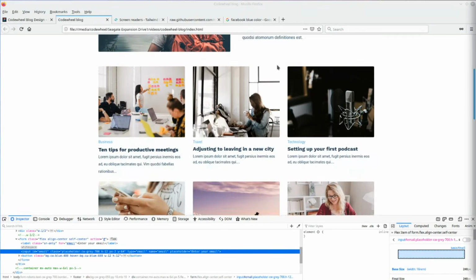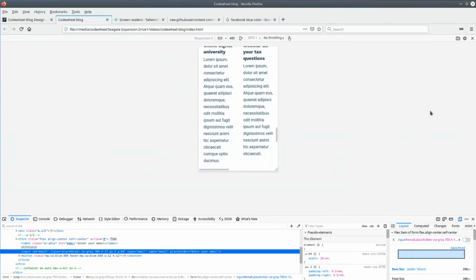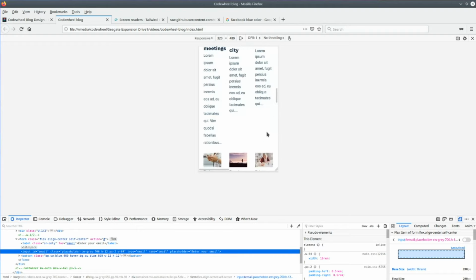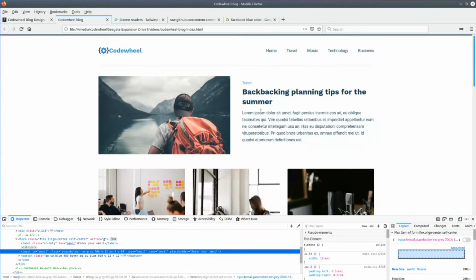So we've done the navigation, the blog articles, and the footer section. There's a couple more bits that I want us to do, such as making the page responsive, because currently if we check that, it's not responsive at all. So we need to tidy up that a bit, and the navigation. And I also commented throughout the video that we want to do CSS purge, so we'll do that as well